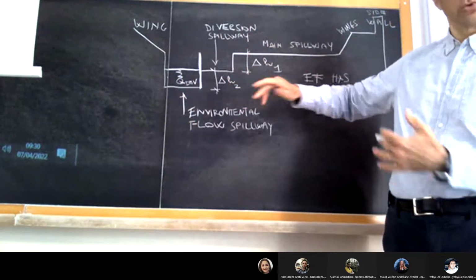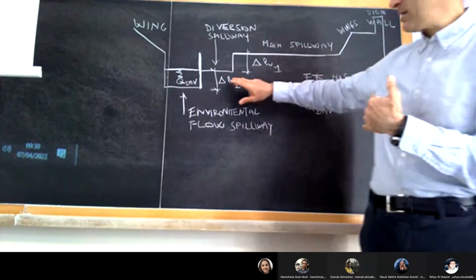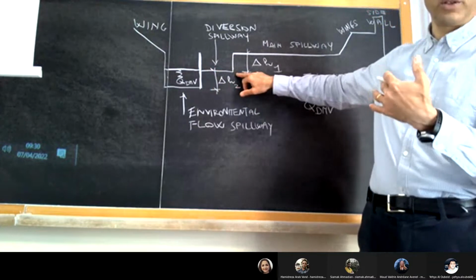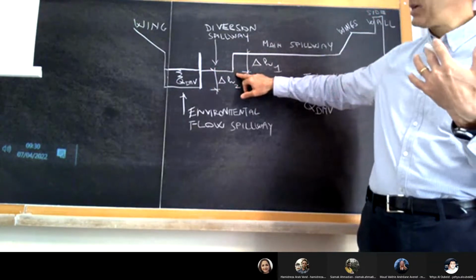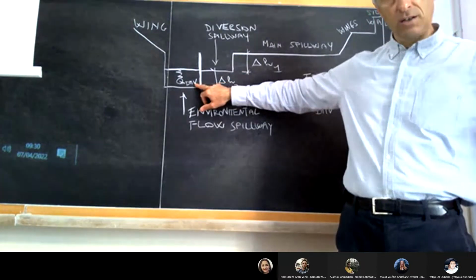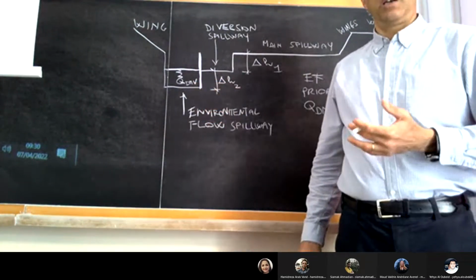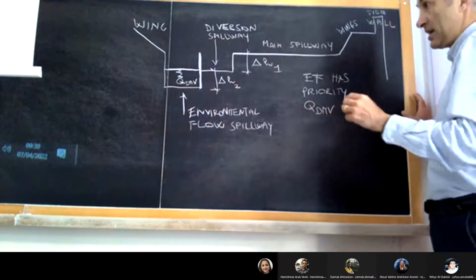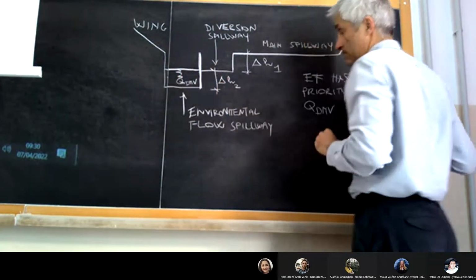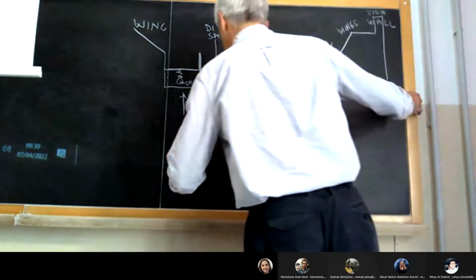So delta H2 should be designed in a way that when I reach the threshold of the diversion spillway with the water level upstream, through the environmental flow spillway, I have the passing of the environmental flow. And therefore, I need a relationship that relates QDMV to delta H2. And this relationship is given in this form: